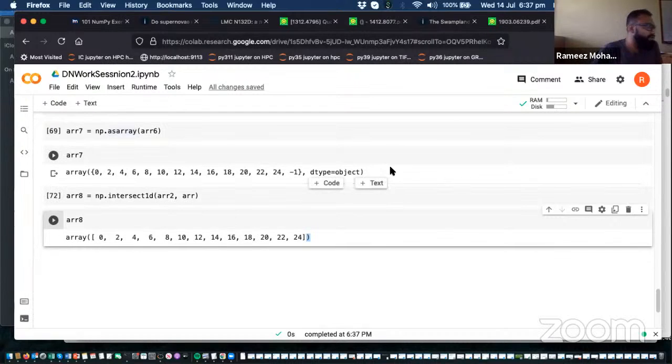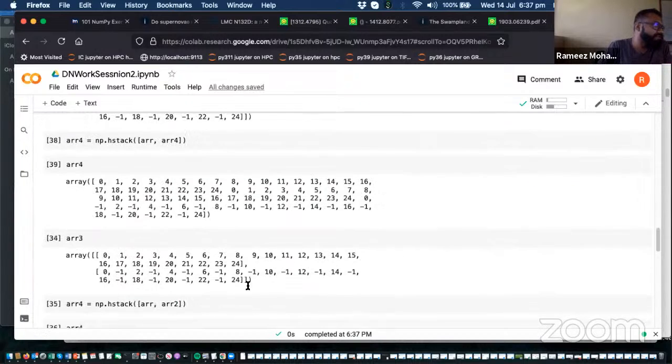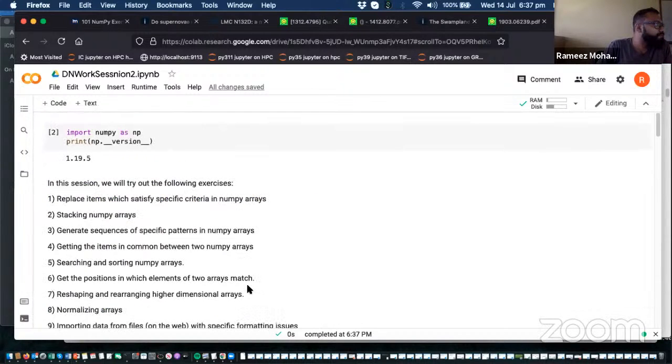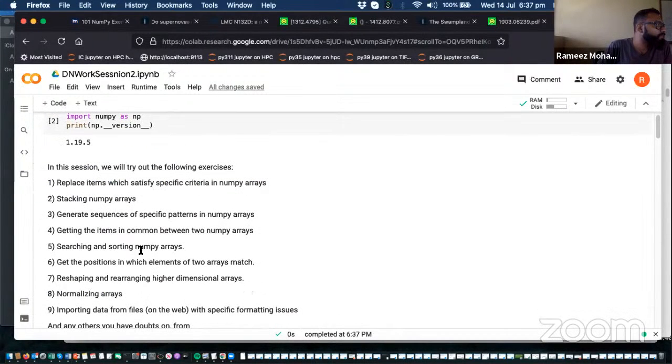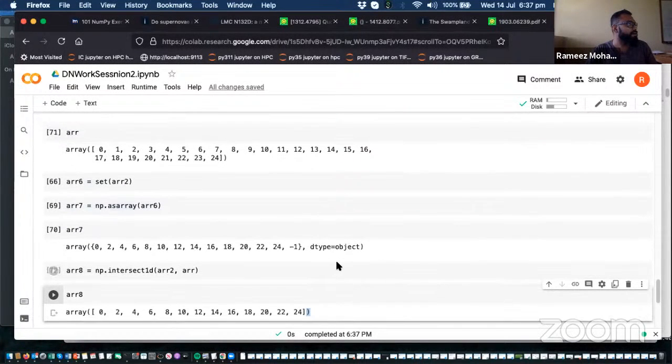So they're not in common between the two sets anymore. And thus you get just what is in the intersection set of the two arrays when you view the arrays as sets. You can also get positions in which elements of two arrays match. So what I mean by position is now